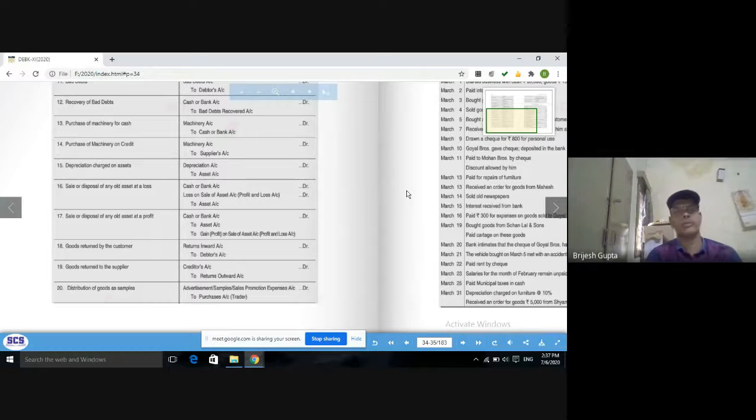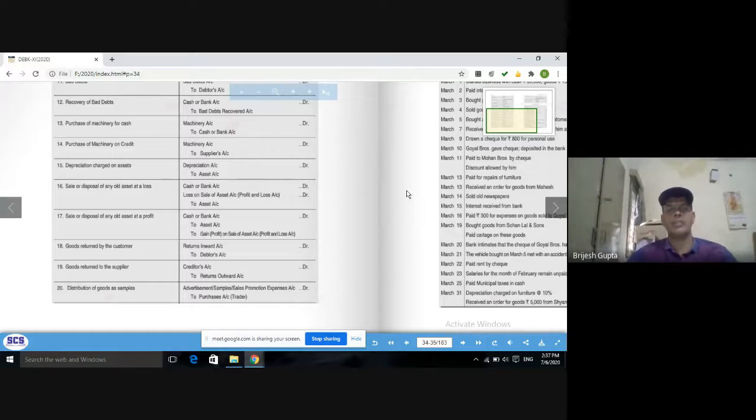Similarly, interest may be both. If interest is paid, it is an expense. If interest is received by the business, it is income. Commission may be both: if paid, it is an expense, and if received, it is income. So whenever we receive incomes in cash, what is the physical form of all these incomes? All these come in the form of cash. So whenever we receive any income, what is coming into the business?